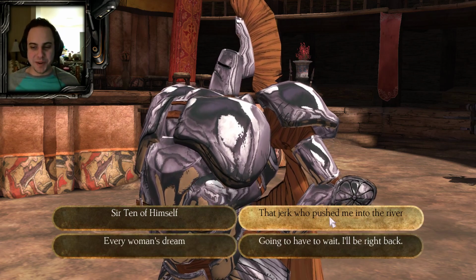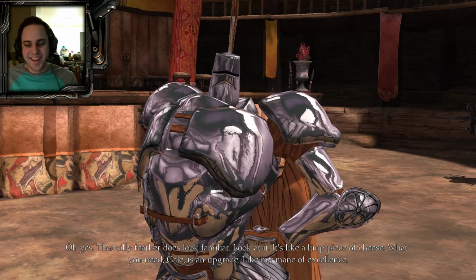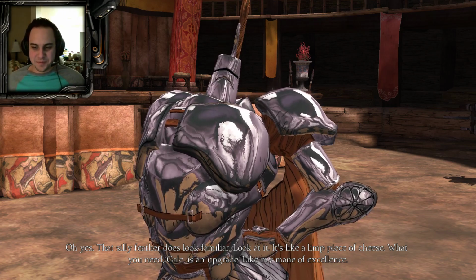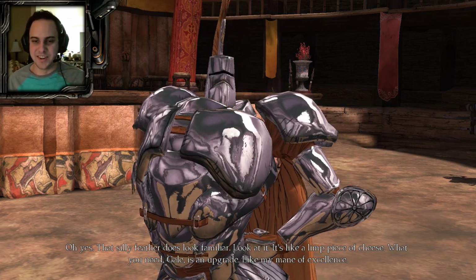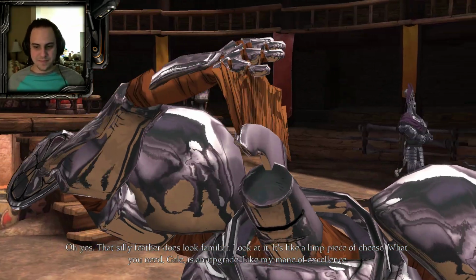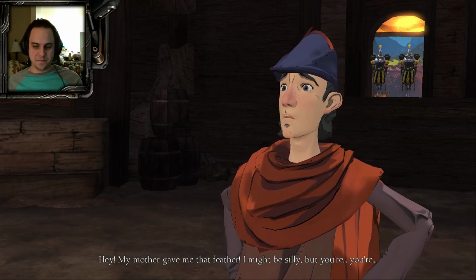That jerk who pushed me into the river. Yeah, that sounds about right. Jerk who pushed me into the river. Yes, that silly feather does look familiar. Look at it. Like a limp piece of cheese. A limp piece of cheese? What you need, Gale, is an upgrade. Like my mane of excellence. Hey, my mother gave me that feather. I might be silly, but you're...